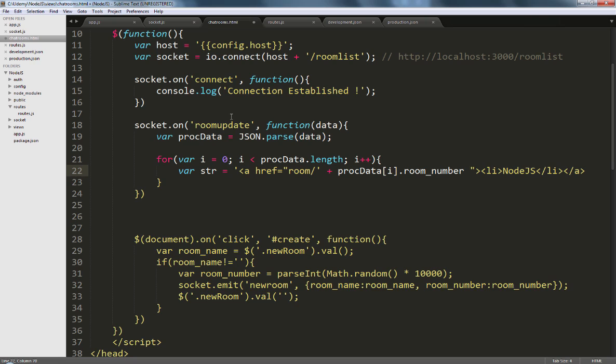Each object has a key called room_number and a key called room_name, right? So what we're doing is looping over the rooms array that we received via the socket event called room_update. We converted it from a string to an active JavaScript array by doing a JSON.parse. And then once we have that array, we are looping over it and extracting each object's